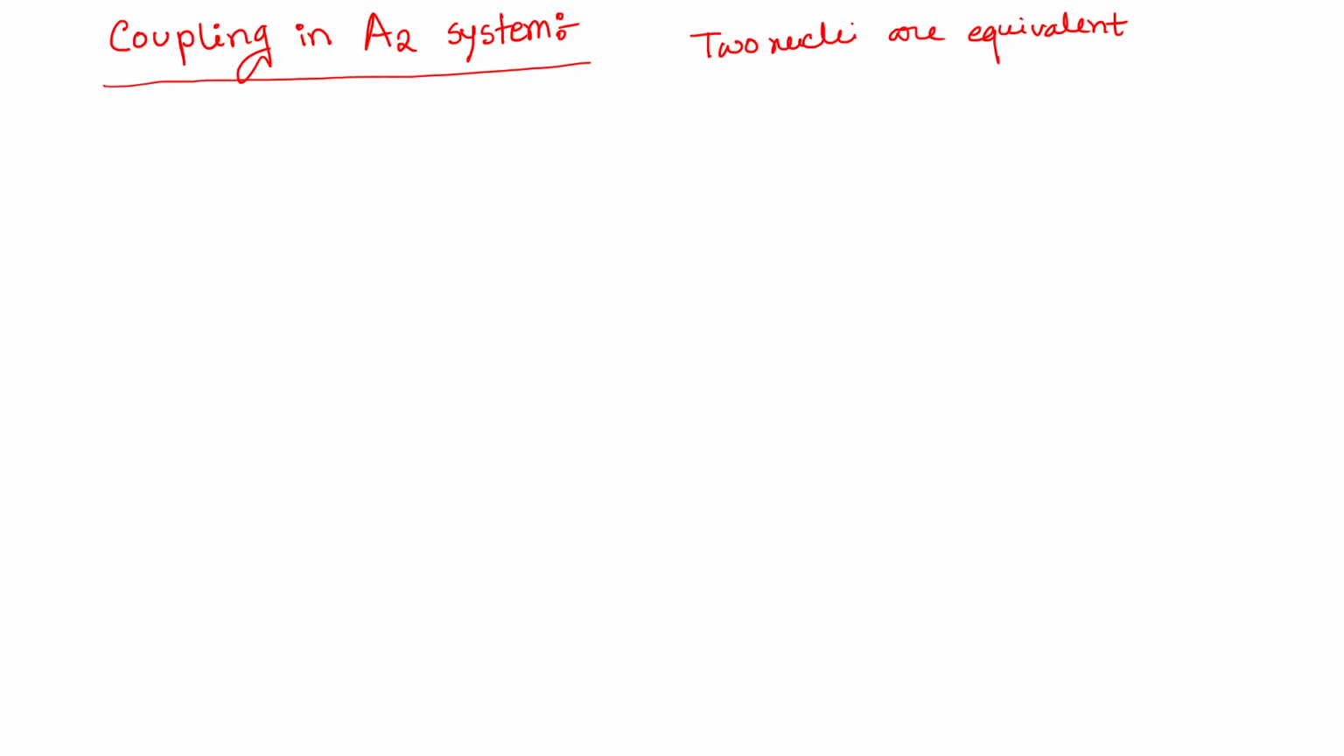Okay, so right now, as you can see, both are having a shielding constant of sigma a, right? I'll write the Hamiltonian, but we can define it as Iz1,